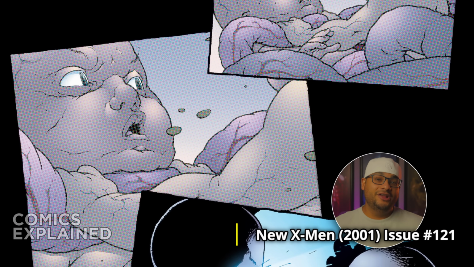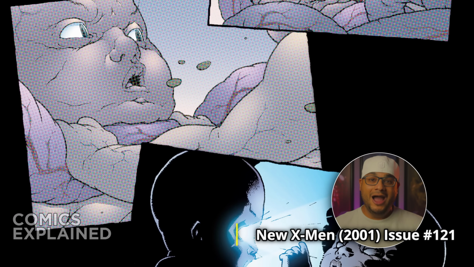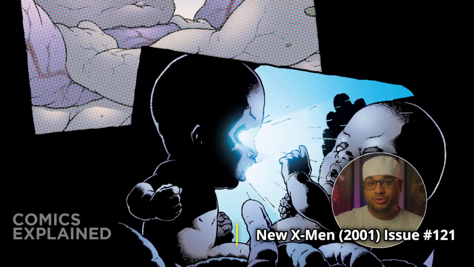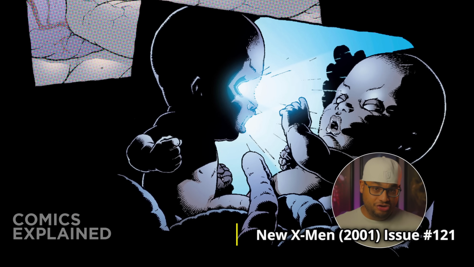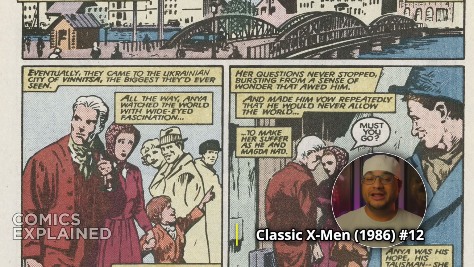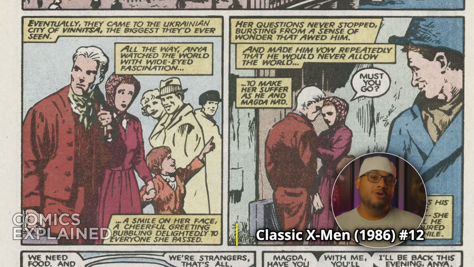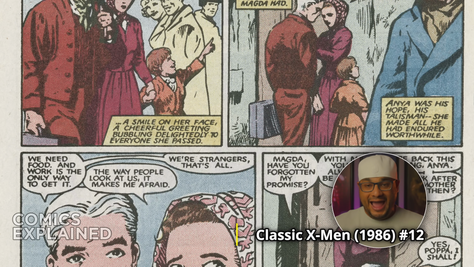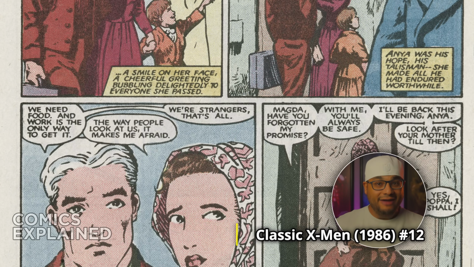And moments of high duress is usually what you see when a mutant power activates either before puberty or sometime after puberty because the gene didn't activate during puberty. Now, a really good example of a mutant power activating later on in life due to a moment of high duress is Magneto. Magneto's powers activated at the end of World War II, or at least after World War II,